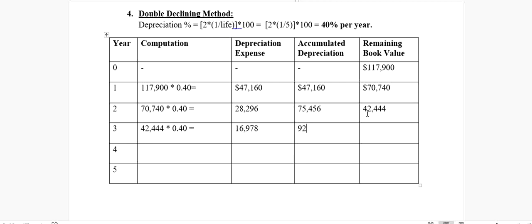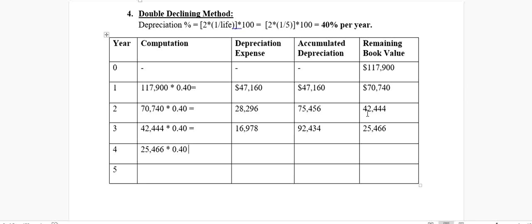Our accumulated depreciation will be $92,434, assuming that you know the process of how to calculate the accumulated depreciation and remaining book value. So our remaining book value will be $25,466 this time. For the fourth year, we're going to multiply the remaining book value of the previous year,